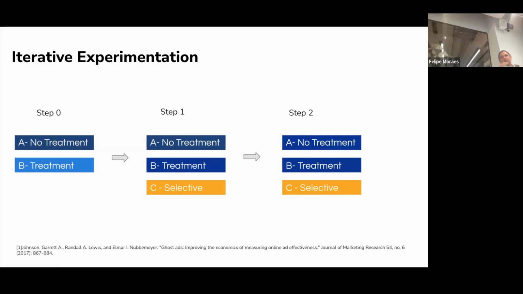And overall, the development process can look like, well, at step 0, you have no uplift modeling. So you have no treatment and treatment. You build your uplift modeling and you go to step 1. What's important here is that from a practical point of view, even that step 0 and correctly measuring the uplift can be a little bit tricky.